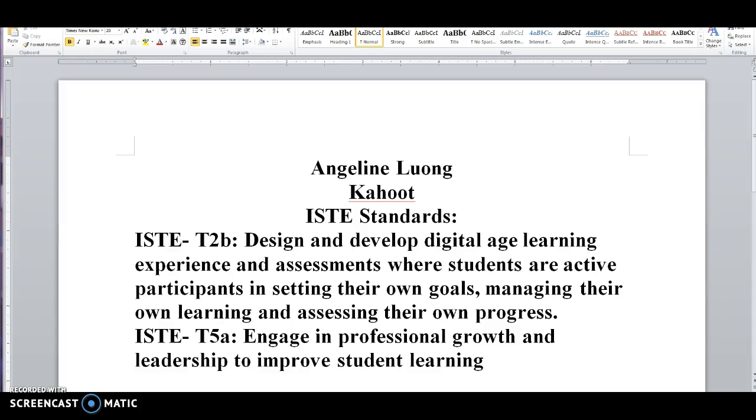Hello, my name is Angeline Leung, and I am going to show you how to use Kahoot as a teacher and as a student. The standards that I'm going to be covering today is ISTE T2B, and that is